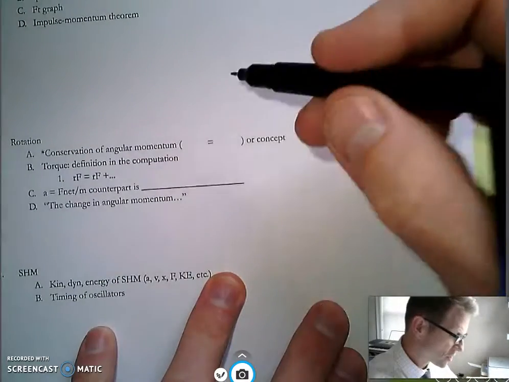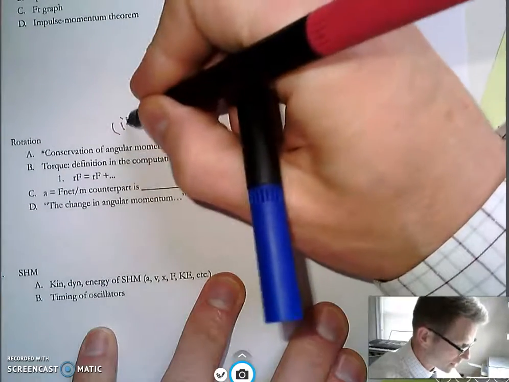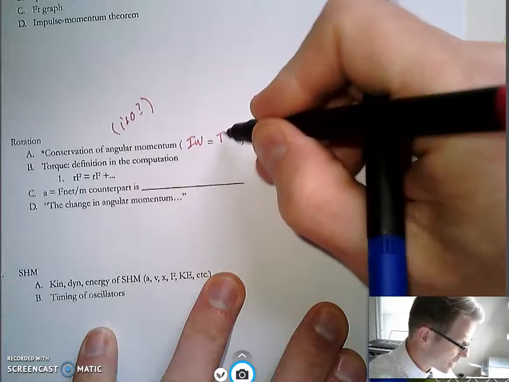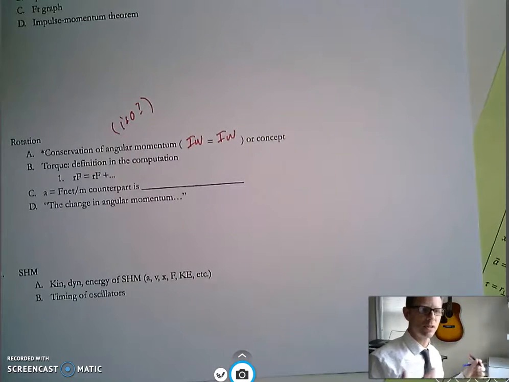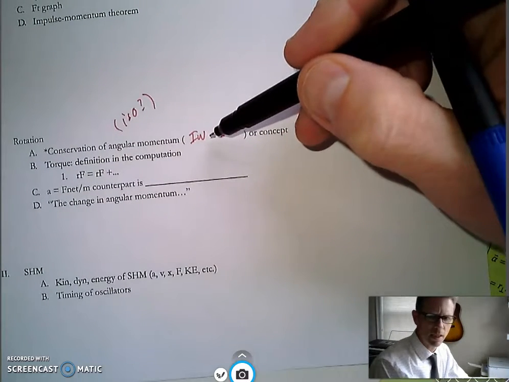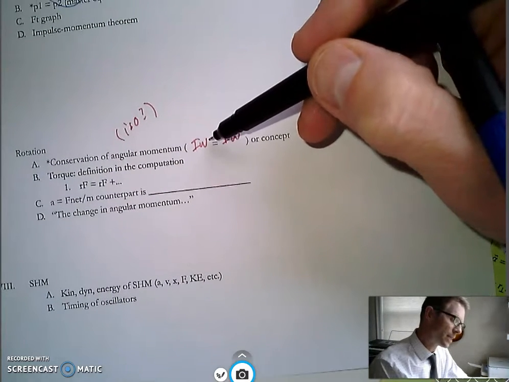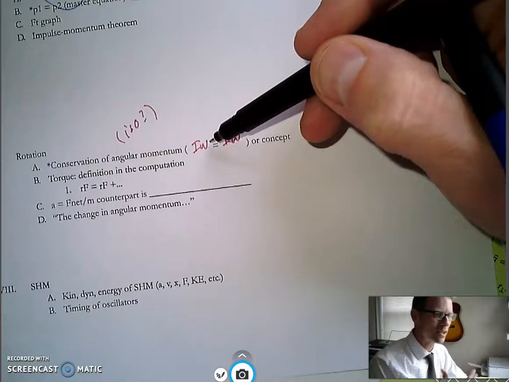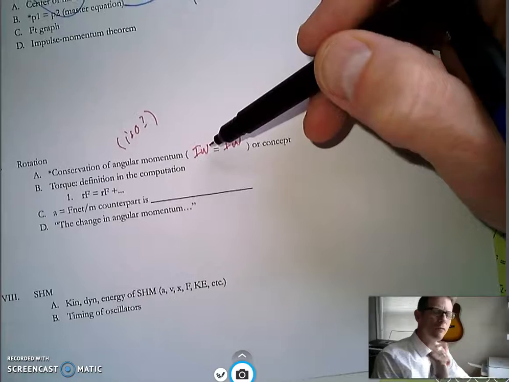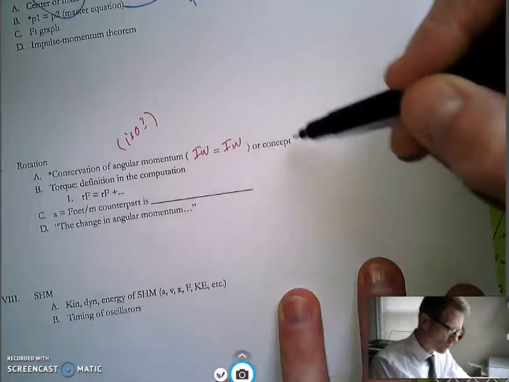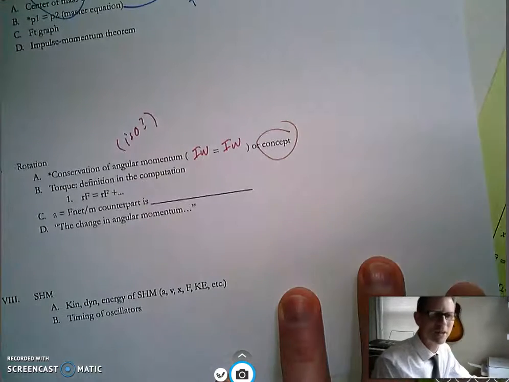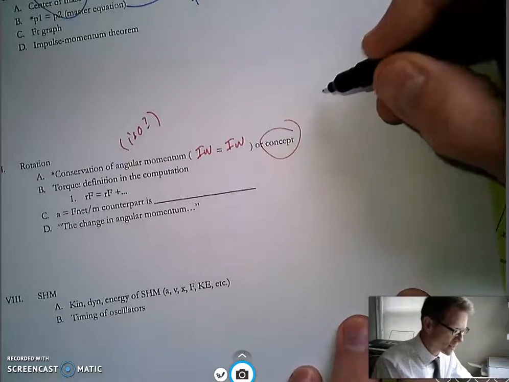Rotation. Remember, conservation of angular momentum, if it's isolated, that means you have I omega equals I omega, if that's a situation such as the skater pulling their arms in, where you are keeping all of the mass in the system, but maybe you're changing the moment of inertia. But honestly, more frequently on the AP exam, it's more this concept, and they want you to choose an answer choice that says